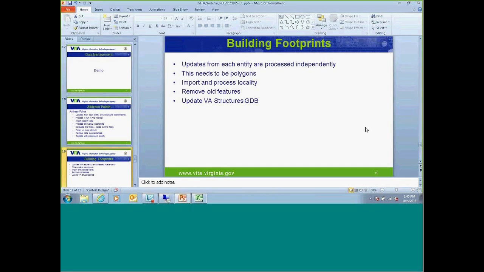I wasn't sure if anybody was familiar with how we did those. I just wanted to touch base on that, to let you know why we want the building footprint, since we have a statewide building footprint layer. Well, Steve, that was my last slide. If anybody has any questions,